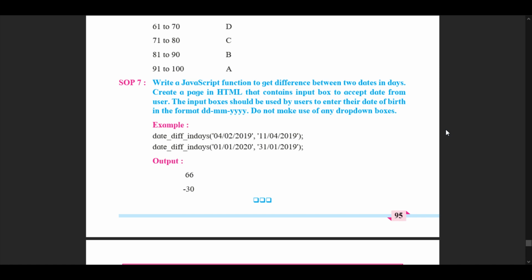So this is what we should ideally expect out of our HTML code on our web page, as we input our dates in the input boxes and we receive them. And there is a specification here, because most of the students avoid this last line. They're like, we just have to calculate this, nothing else. This is an important aspect. Do not make use of any drop down boxes. We'll learn about that further when we type in our code to understand why we do not need to use drop down boxes and why it has been specified to us.